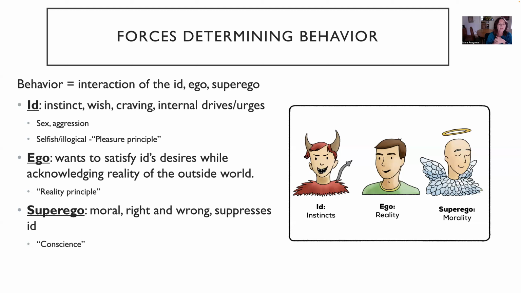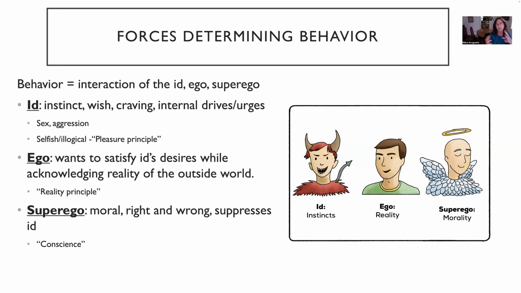Okay, well, let's flip down to the ego. The ego basically wants to satisfy the id's desires, but the ego is a little more logical, because it says, well, we've got to acknowledge the reality of the outside world. So the id may, for example, want to beat somebody up, right? And so the id is about to punch somebody out. And then the ego goes, hey, wait, we can get back at this guy, but not right here where all these people are going to see us, because we could get arrested or something like that. So it operates in terms of the outside world, but it still tries to satisfy the id.